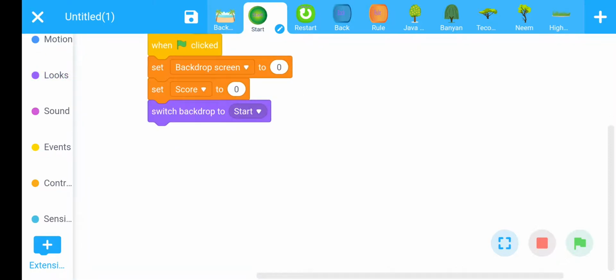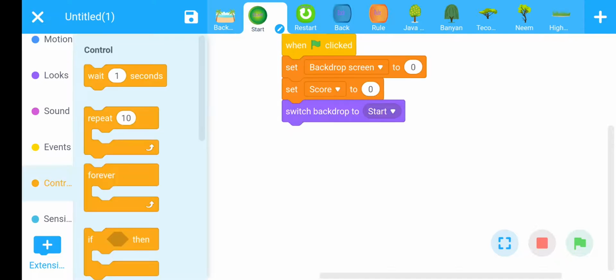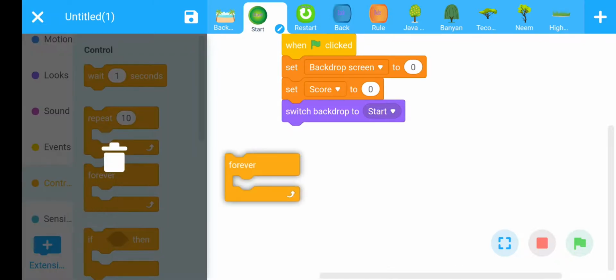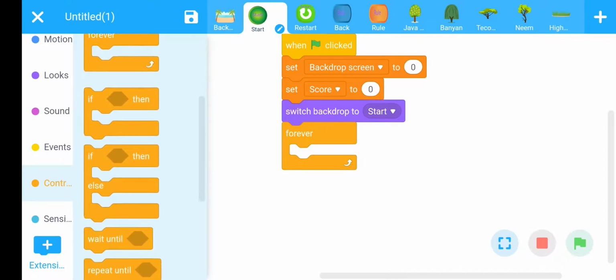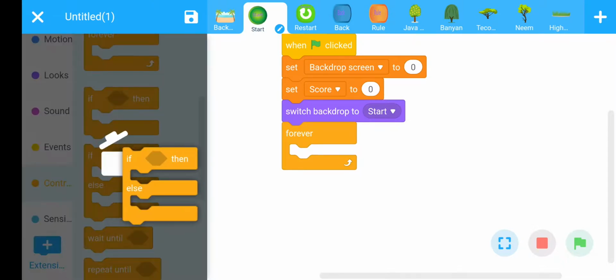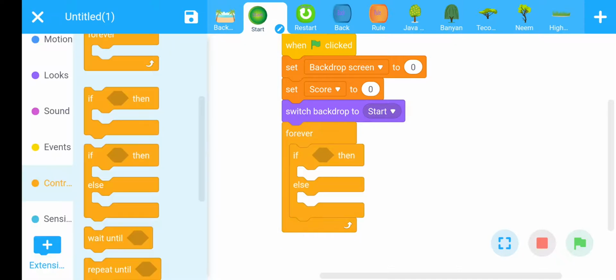Now remember that the start button should be present on the start screen. For this, go to the Control section, take the forever command. Now use the if then else command.